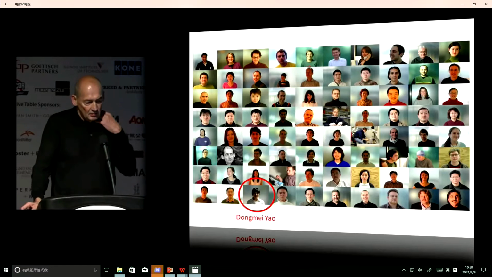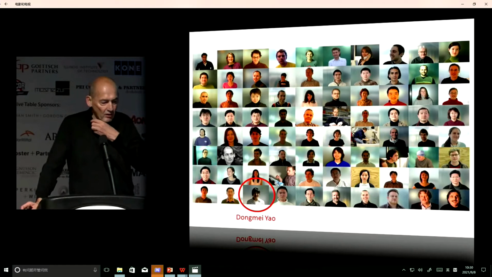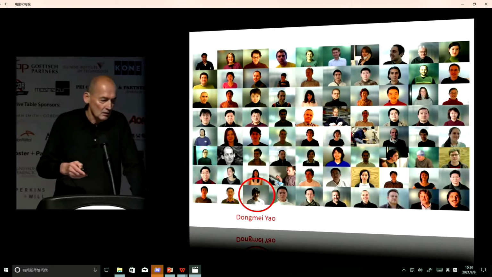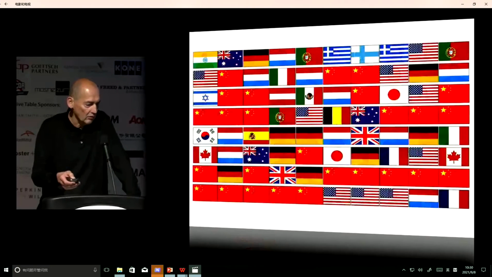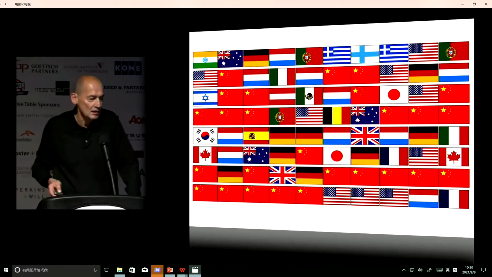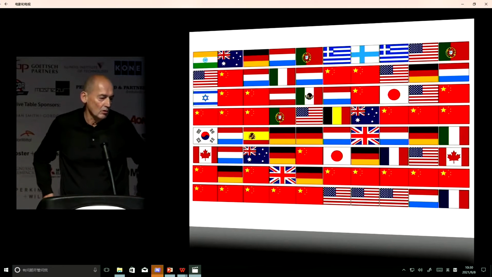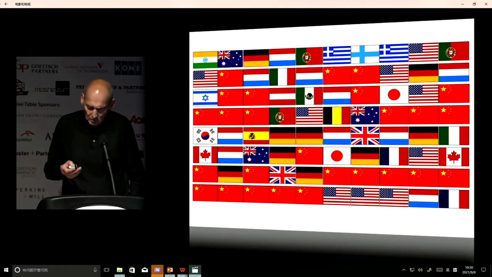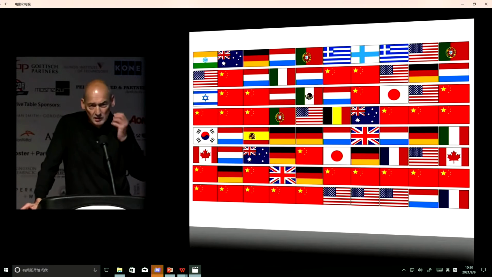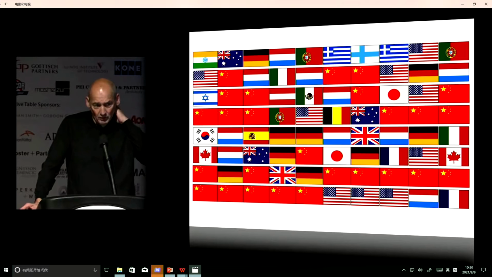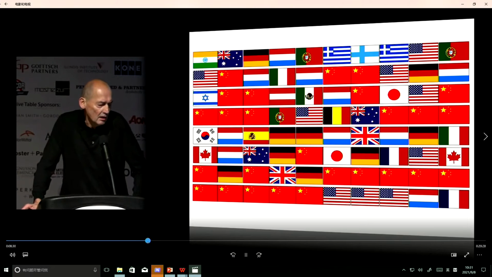As I said, CCTV is in a profound way an encounter between different cultures. Here you see the different people that were involved, but here you see the different nationalities. More than 30 different nationalities, but from the beginning, more than half of the architects were Chinese. We worked together with ECADI, the Shanghai